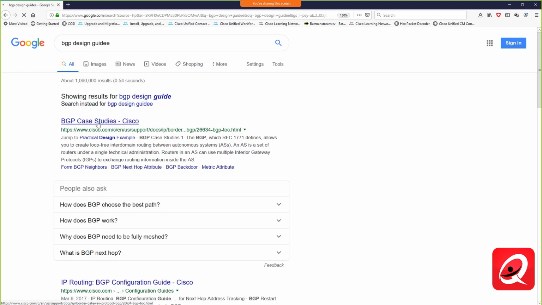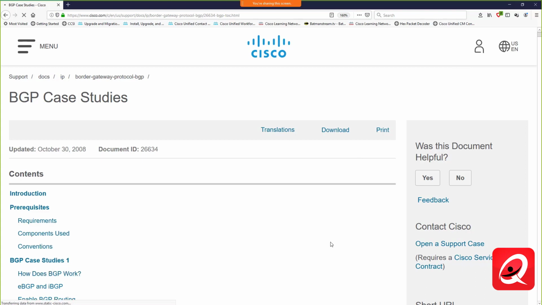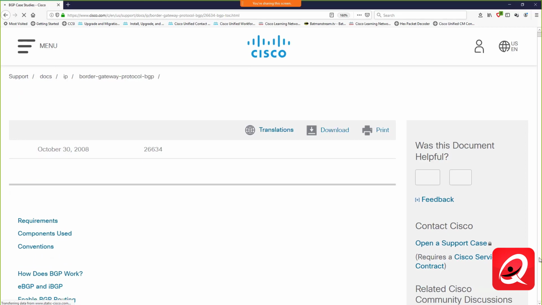Now, this is a great document actually, because it talks about all the stuff that we've talked about from the beginning with regard to BGP. eBGP versus iBGP. What are some of the limitations? What are some of the considerations? It's not loading. There we go. But one of the concepts, right? So what is eBGP versus iBGP? How does BGP work? But if you scroll down